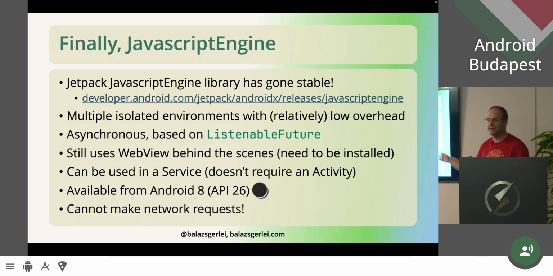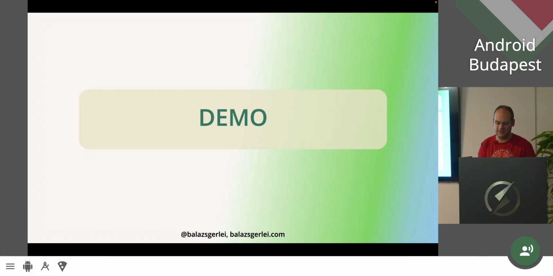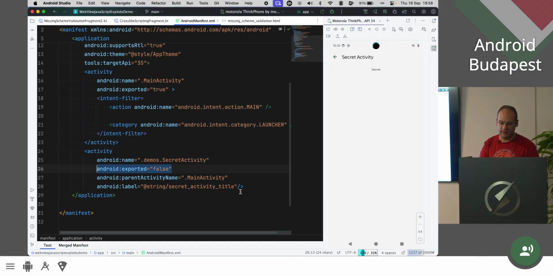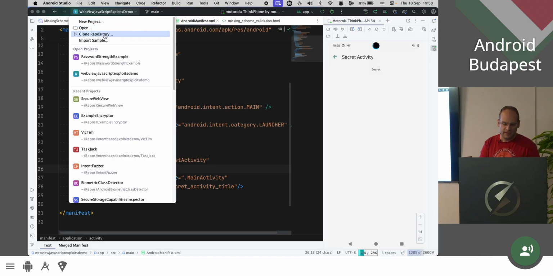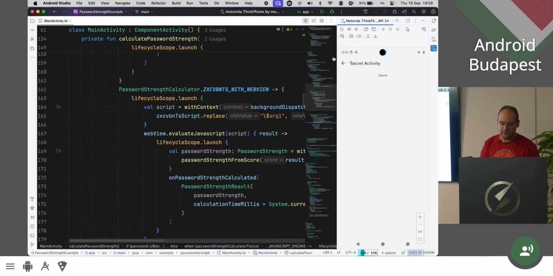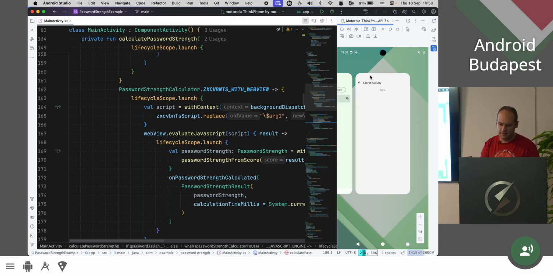And the last thing, which is both a blessing and a curse, in my opinion, is that it cannot make network requests. Now, it can be good because it may protect you from calling out to the network, but at the same time, if you want to actually call into the network, you cannot do it with this. And I have a very short demo to demonstrate this as well, with a relatively realistic use case of password